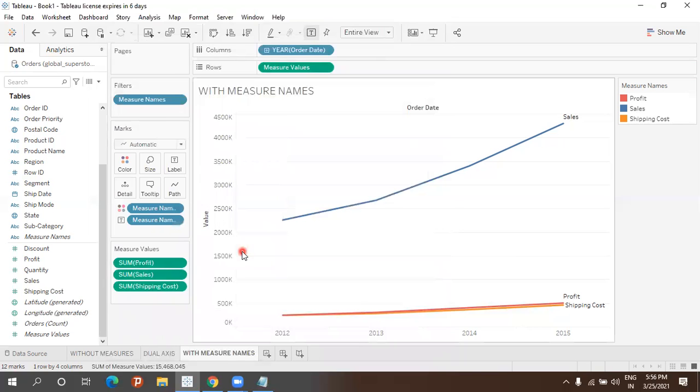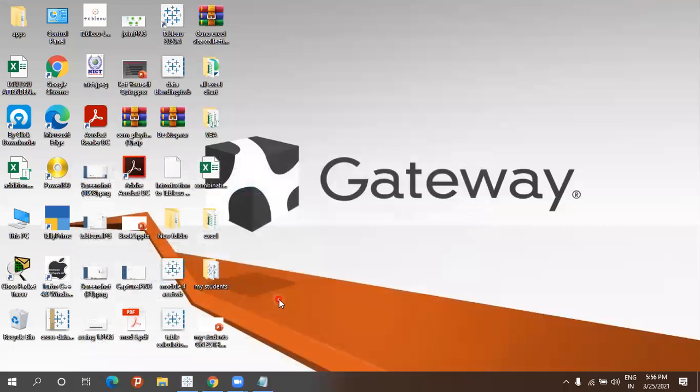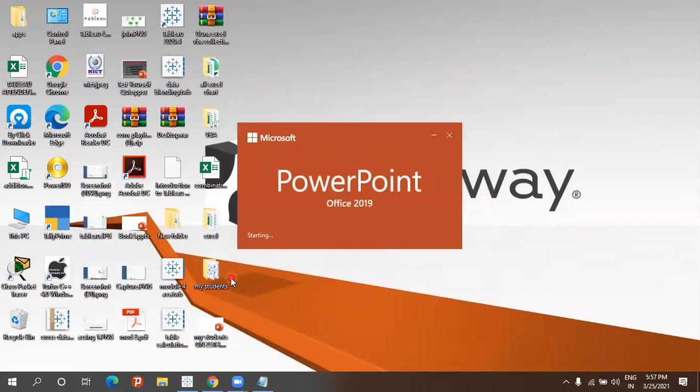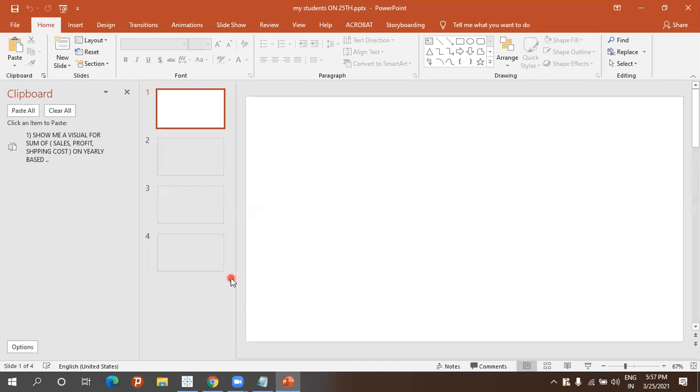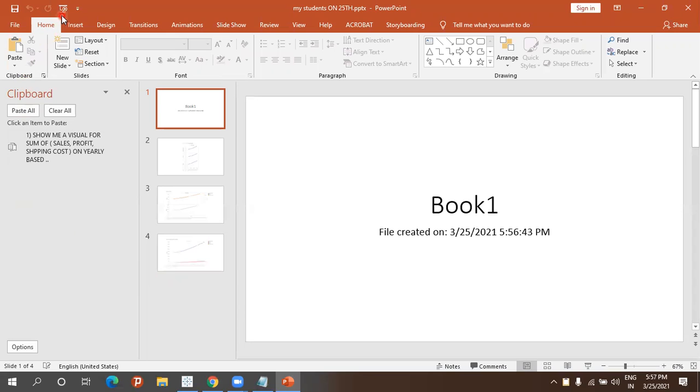Okay, let's see whether it has been saved or not. I can minimize this. Can you see a PowerPoint file here? Just open that. So this will be helpful for me.